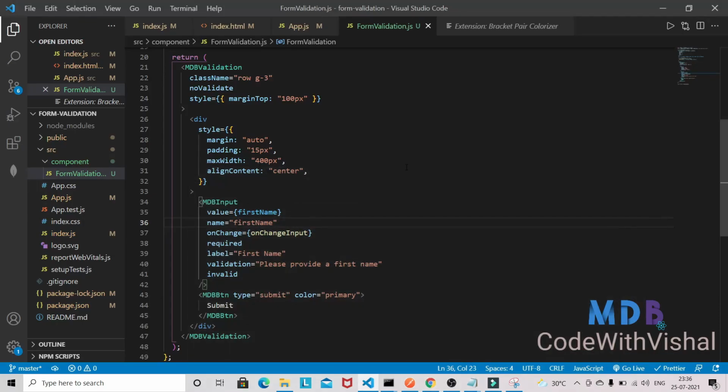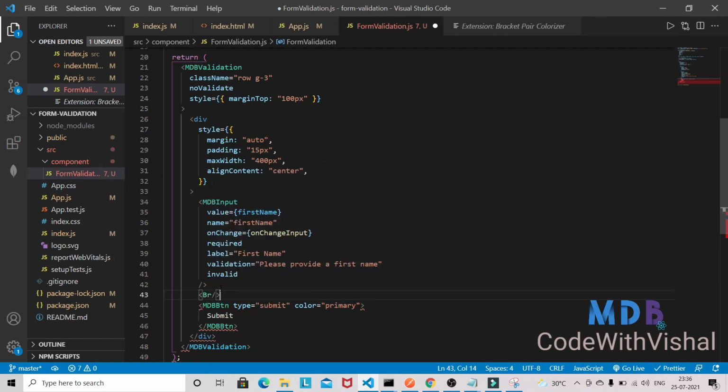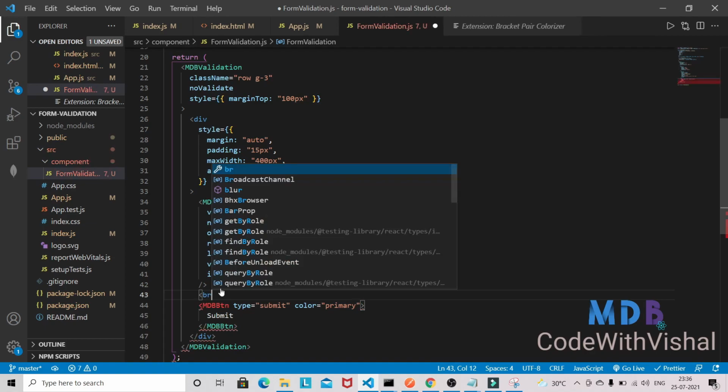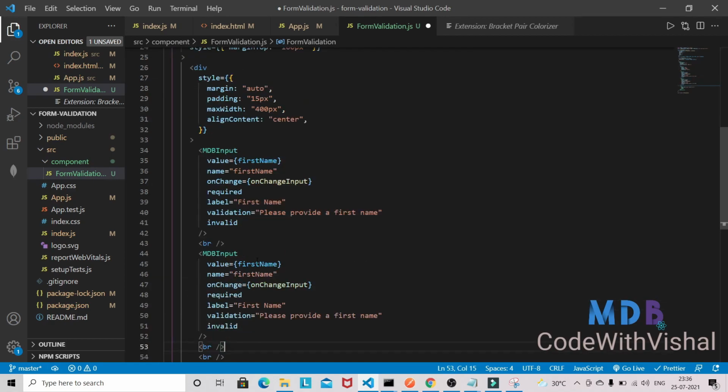So let's work on the other input field as well. So it will have a break, sorry, it will have a break here, and here also will have break, and I'm just going to copy this one, and this will be the last name, and label will be last name.